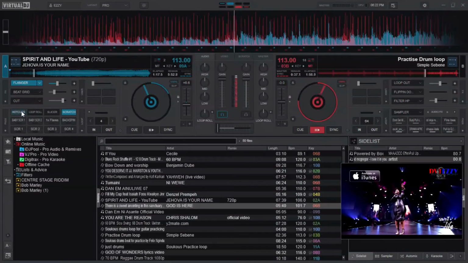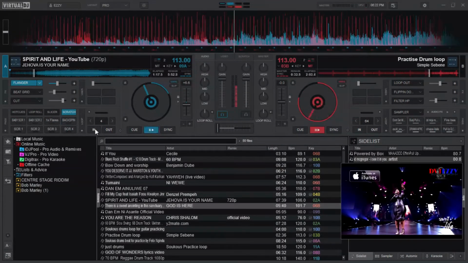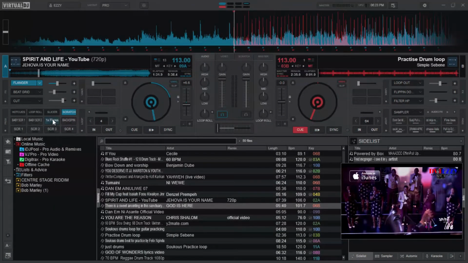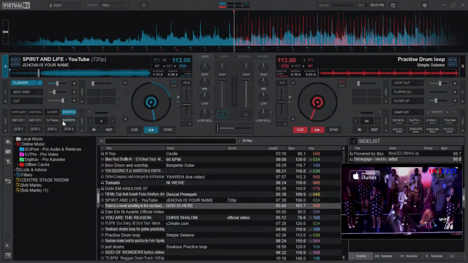So I just choose the ones that I like. You can keep on trying different ones. So when you have like one, yeah, this is a scratch. Alright, from here I like using the scratch. When you look at the scratch, we have the list of presets that have been put here. You can edit them, but I'd advise against this. So I always use the presets, and basically I use the normal scratching.